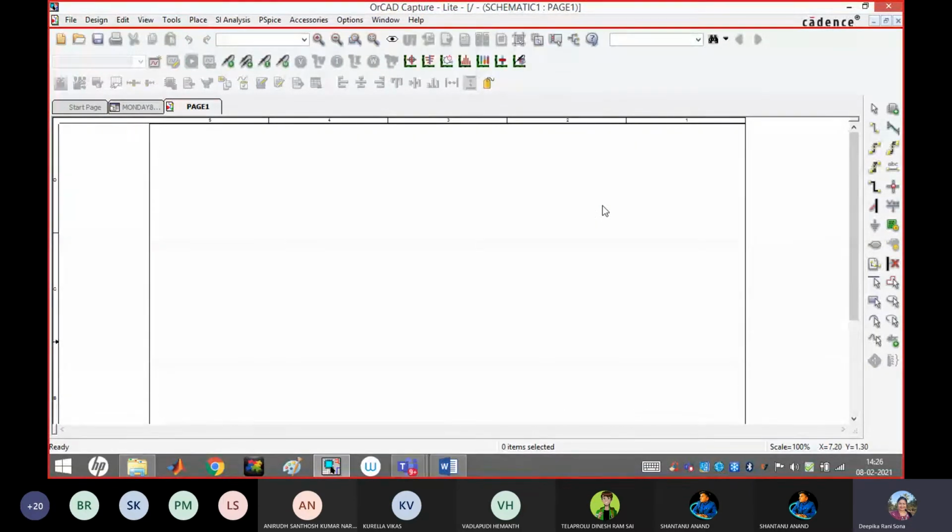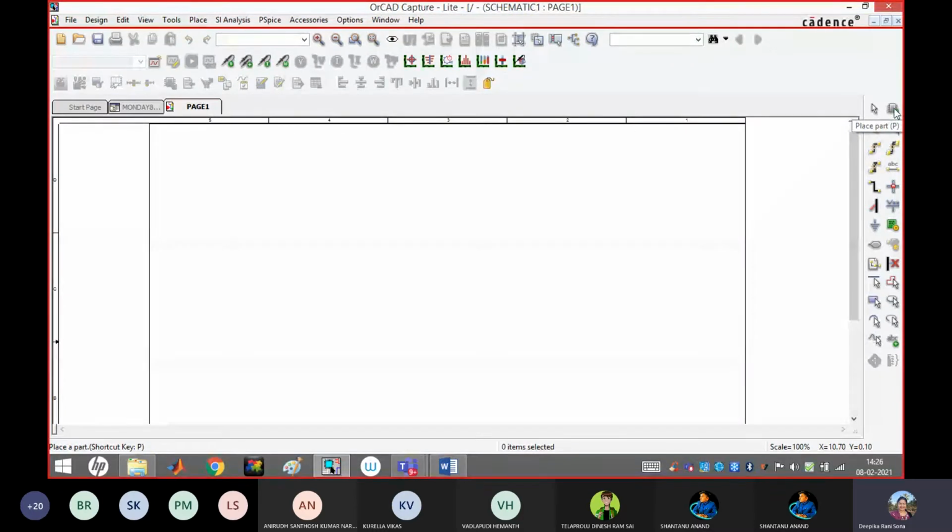After this, two ways I will tell you how to place the component here. It is like Multisim only, but a little bit different. If you get used to this, it will be very easy for you. See, place part. On your right side, so many icons will appear. If you place the mouse upon the icon, the place part option will come.